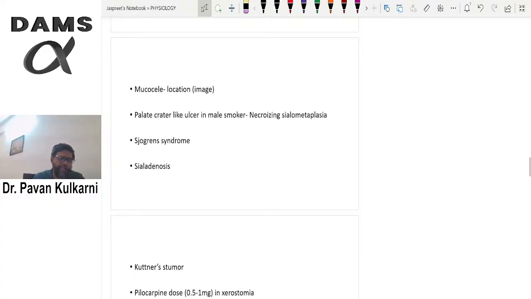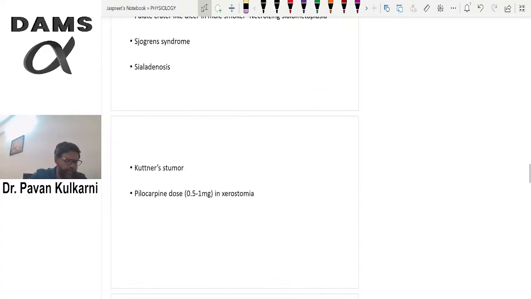what is Kuttner's tumor? Again, very favorably asked. Kuttner's tumor. What is Kuttner's tumor? What is the important clinical feature of Kuttner's tumor, and